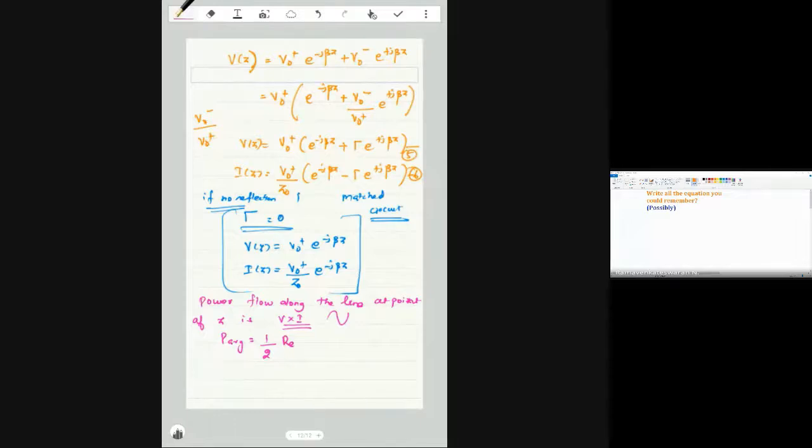So take a real part of it. So multiply this V of Z and take a conjugate and multiply. Okay, so the conjugate we will take it normally. So when he wants to take a magnitude, now how do we do it?